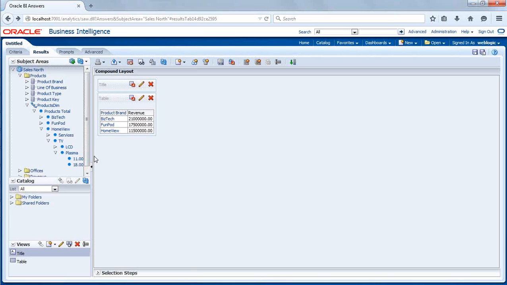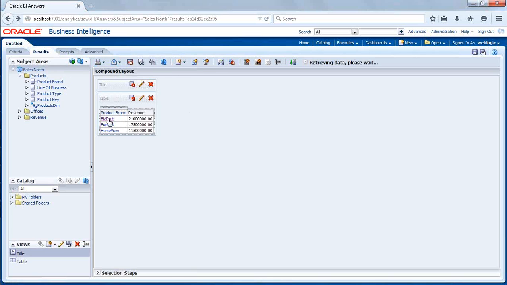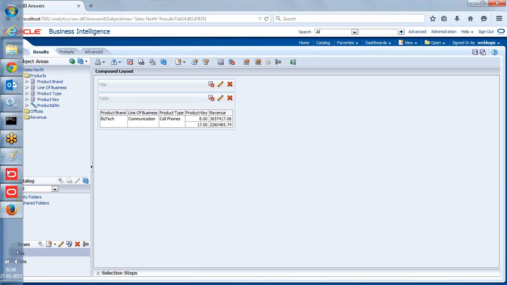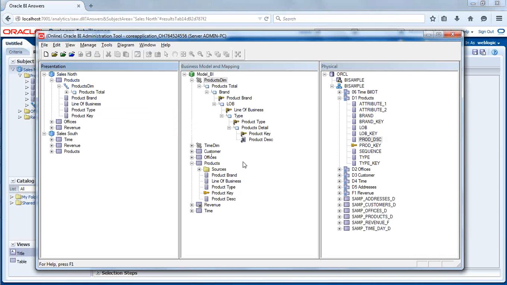I still have, okay, right. If I see here, the problem is I still have the same information. If I go to BizTech, communication, cell phones, I still have 8 and 17. Why? I have added my product description here, right? So when I added my product description, technically it should display the product key as well as the product description. So the problem here is,